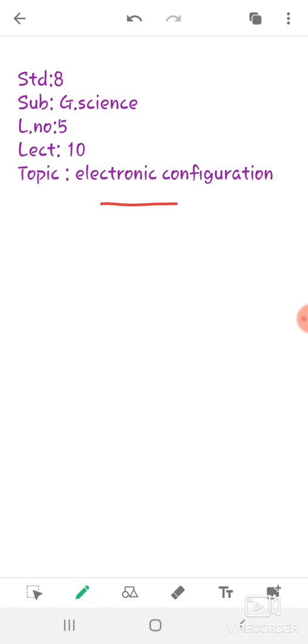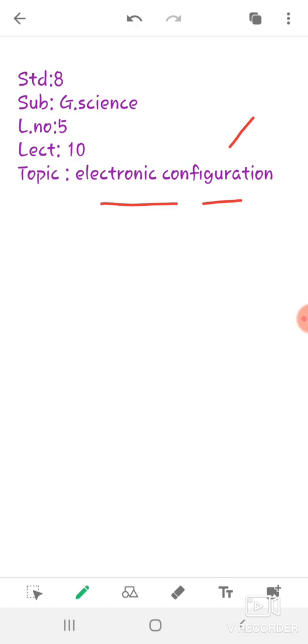These three lectures are completely based on electronic configuration, but because our lecture was going so lengthy, I divided it into different parts. So you have to see these three lectures together. Okay, in this lecture we will write the electronic configuration of different elements given in your